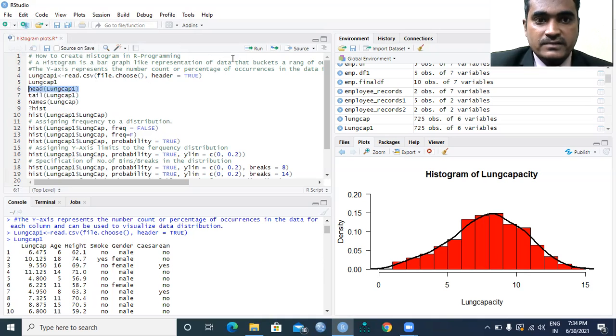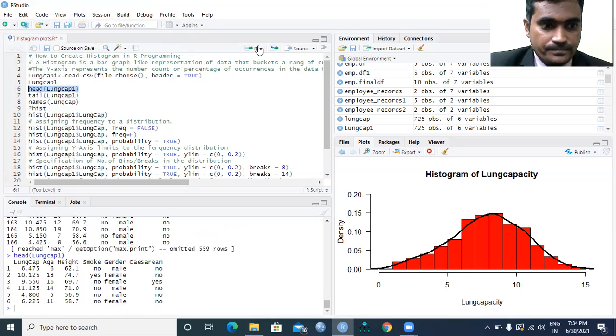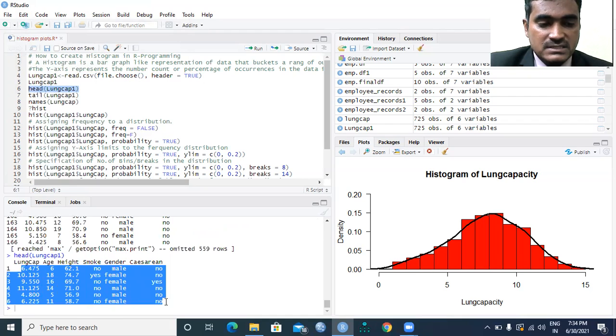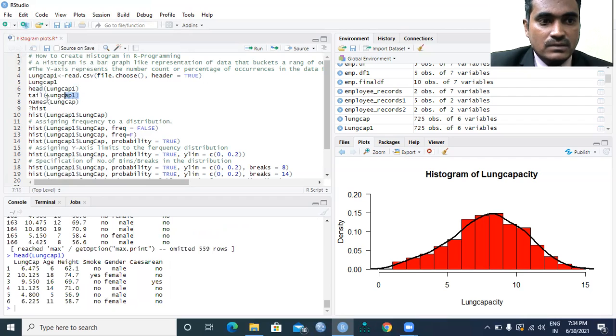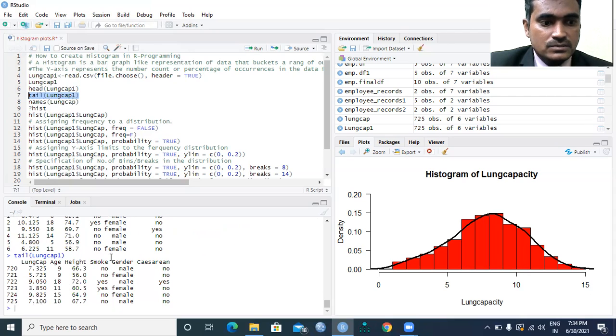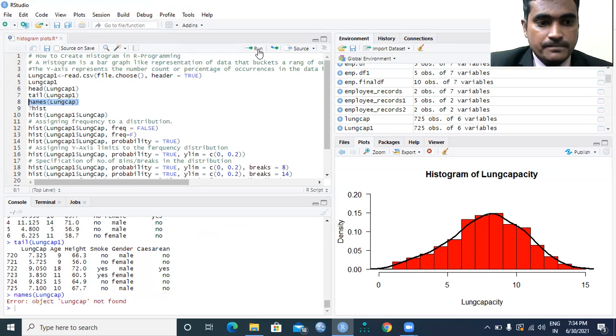Here you can view the first 6 observations in the lungcap data, and even the last 6 observations. This is the last 6 observations, and this is the first 6 observations.